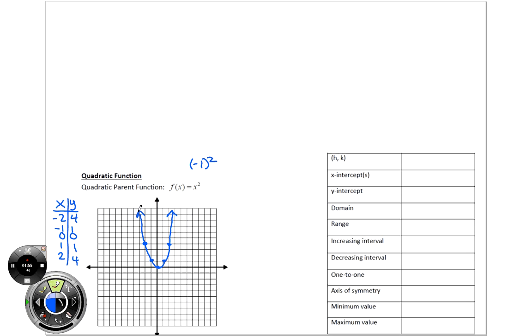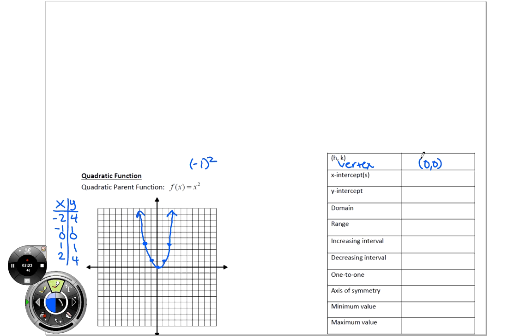So each time that we study one of these functions, we're going to make sure that we understand these things over here. When we give you a test on this, you can expect to have to graph some functions with transformations and answer all these questions about it. Those are the things you're expected to know about the functions. So the first thing we want to know is the h, k, which is referring to the vertex point. You guys already told me the vertex in this case